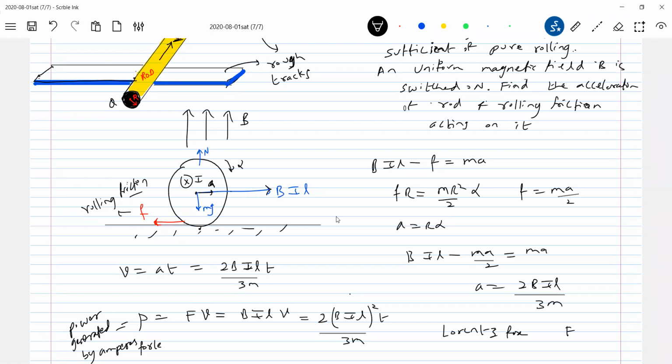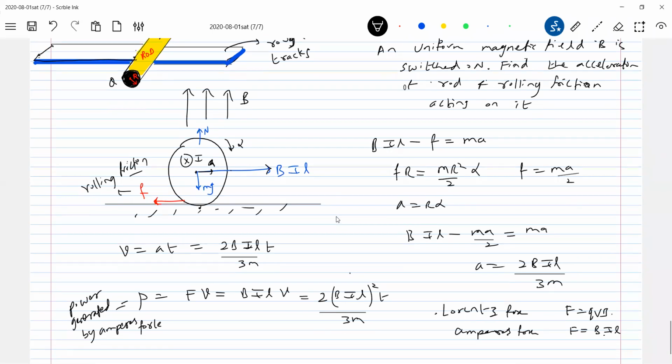Lorentz force is F equals qvB. Ampere force is F equals BIL. They don't give equations; they just say Lorentz force, ampere force, and ask whether it is conservative, dissipative, or an external force. Even the Lorentz force is conservative, but the work done by it is 0. Because F equals BIL has come from F equals qvB only. So the Lorentz force is also conservative, and the ampere force is also conservative. They may ask you to categorize the nature of forces. So whatever forces you studied, you must know their basic nature.